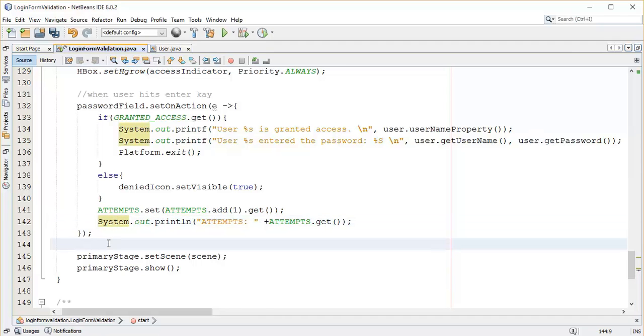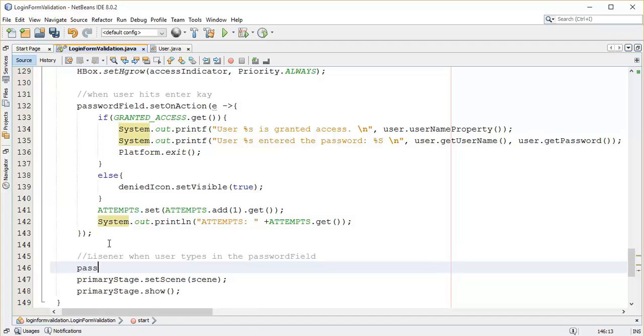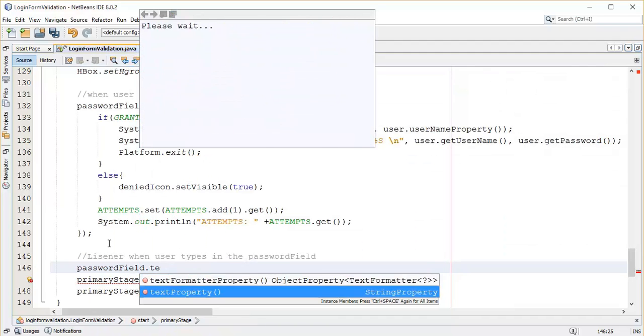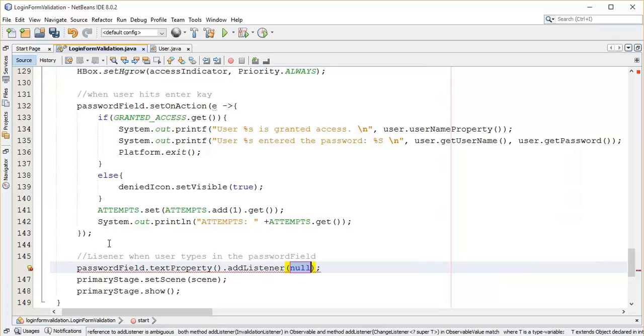So next we are going to add a listener when the user types in the password field. To do that, we are going to use passwordField.textProperty().addListener, and in the listener we are going to add